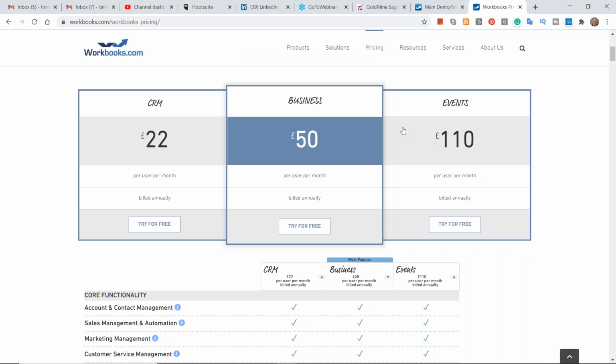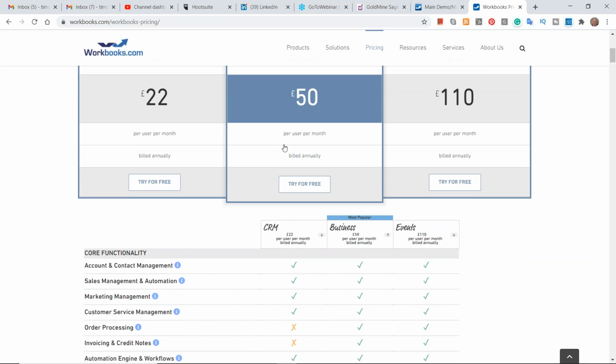So if you were, for example, 5 users of Workbooks in your company, you could have 3 people on CRM, the lower price version, and the other 2 on Business Edition. So it's very easy to mix and match these 2 editions together, which sometimes isn't possible with many other CRM solutions. Everybody's got to be on the same version with many other CRM solutions out there. But with Workbooks, we can mix and match. So think about that,